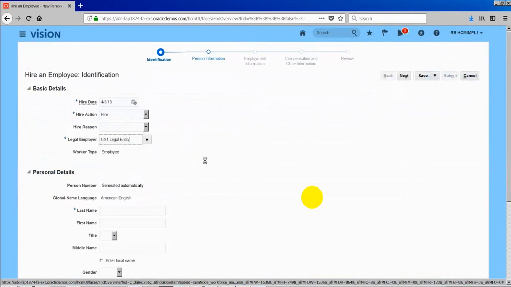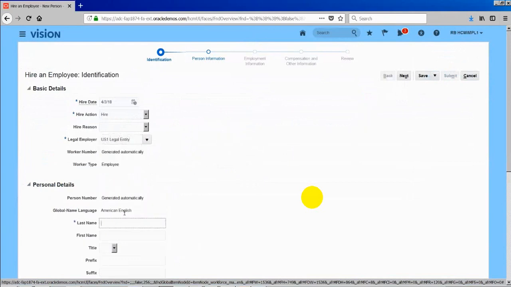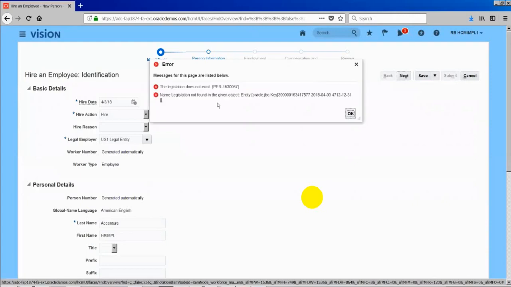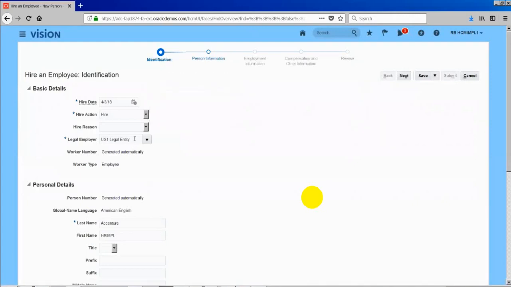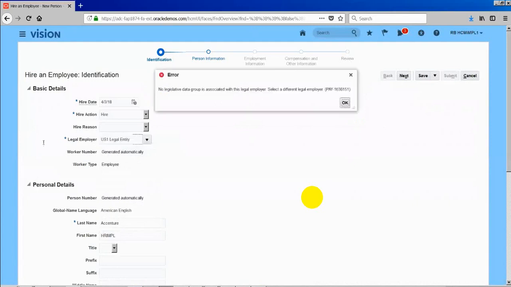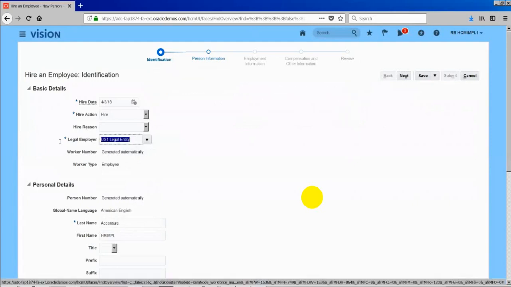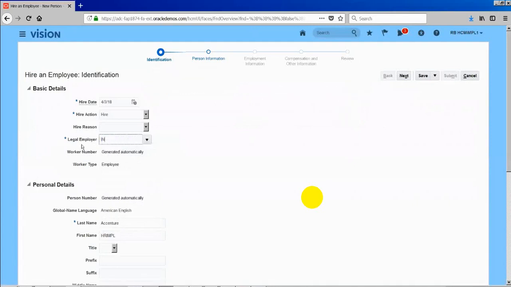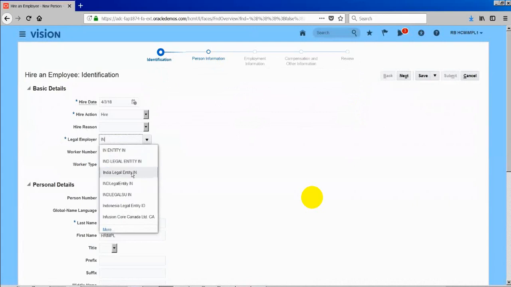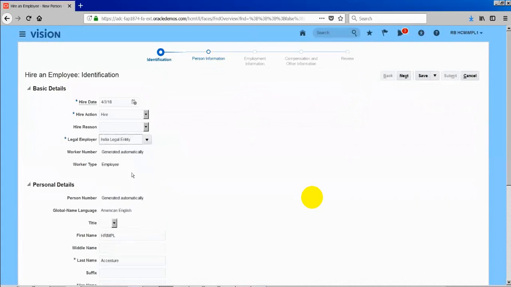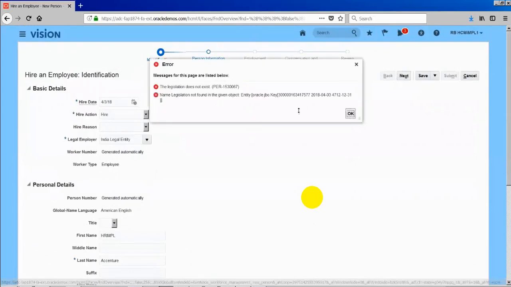Assume that it is a contractor employee. Fundamentally something is wrong with this. I will try this. If it won't work, then I'm going to stop it now.